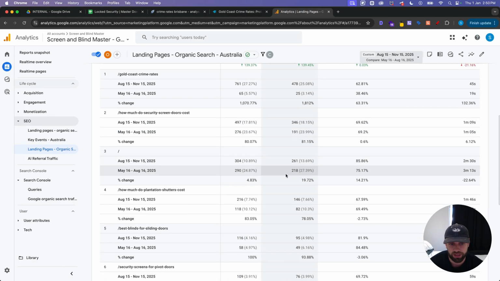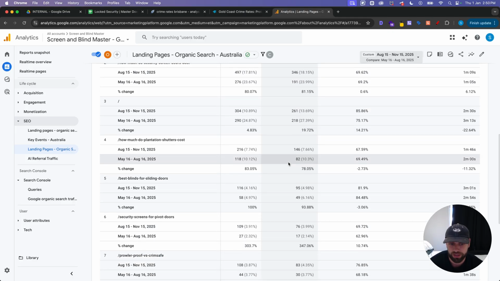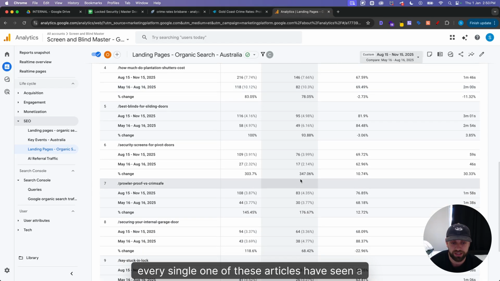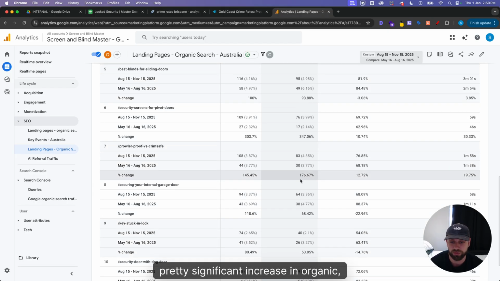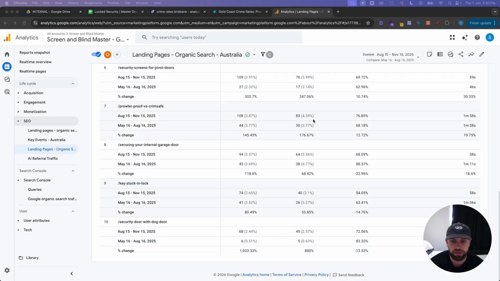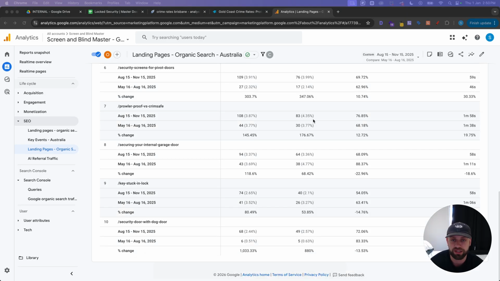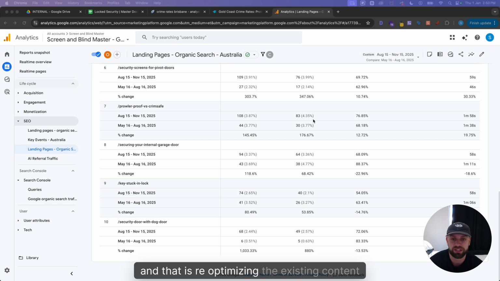346, 218, 261. And as you can see, every single one of these articles have seen a pretty significant increase in organic sessions. And essentially all of this is just due to the process that I've been implementing, and that is re-optimizing the existing content through NeuronWriter and then putting all of the outputs into Claude and then rewriting the